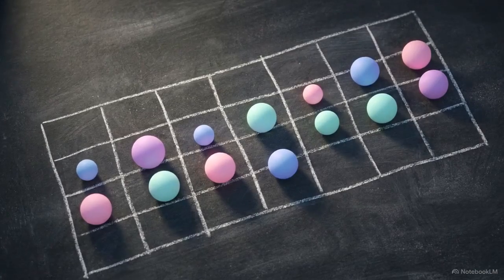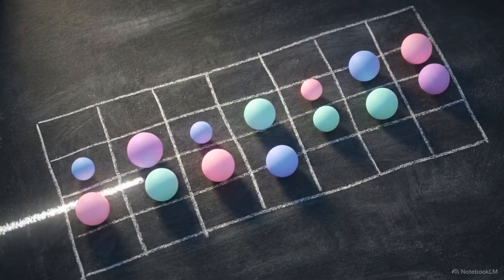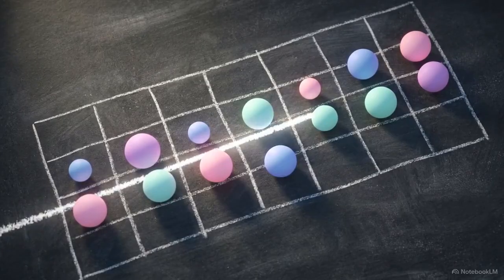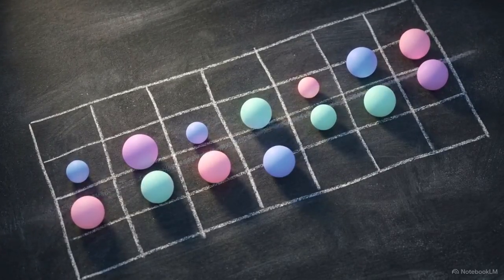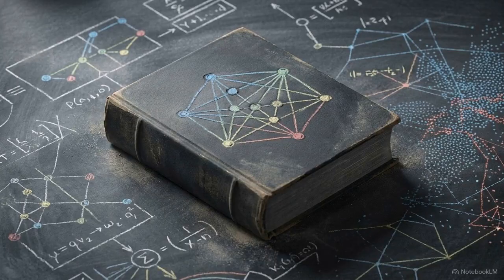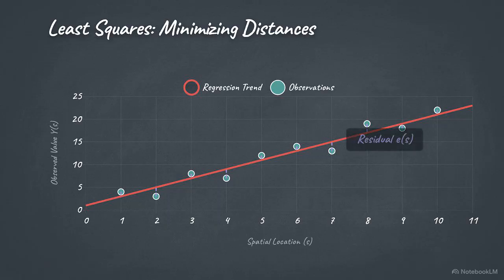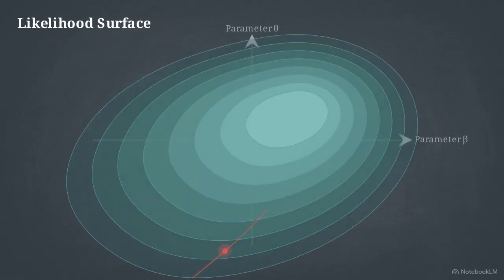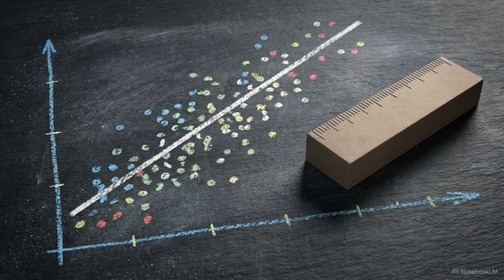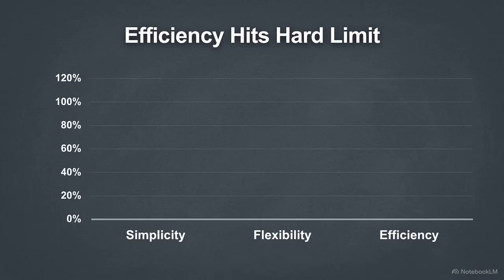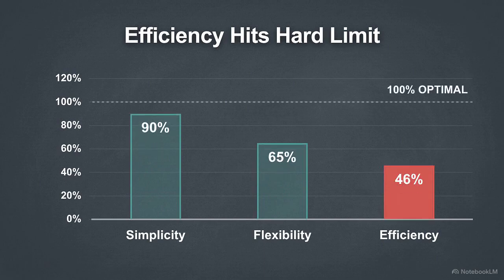This abstract map represents a continuous spatial variable, y of s, observed at distinct points across a bounded study region. Classical geostatistics typically estimates the parameters of this model using a combination of the method of moments and least squares. While these methods are simple and avoid strict distributional assumptions, they do not possess the optimality properties found in likelihood-based approaches. Unlike the likelihood framework, these classical estimation techniques are not guaranteed to reach the highest possible statistical efficiency for